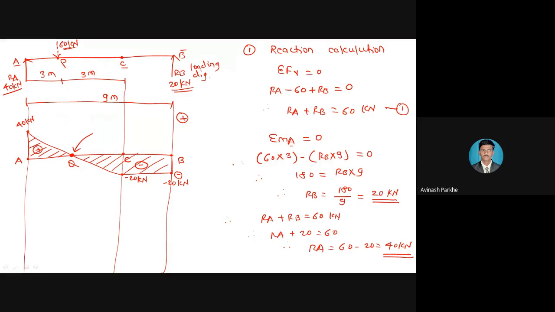This is the first definition. And the point of contrast shear is also the point at which shear force is 0. You can see this point Q is present on this horizontal line. Therefore this is also called the point of contrast shear. Okay, but we don't have any distance. AQ distance we don't know, QC distance we don't know. So now I will consider this AQ distance as X.